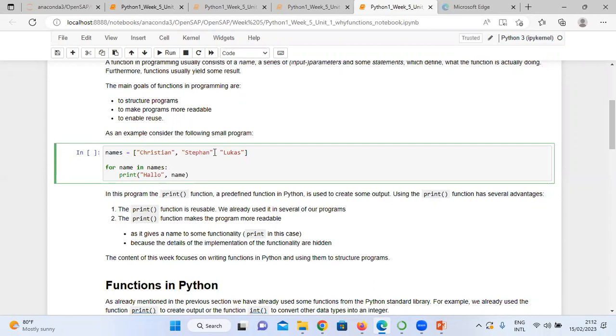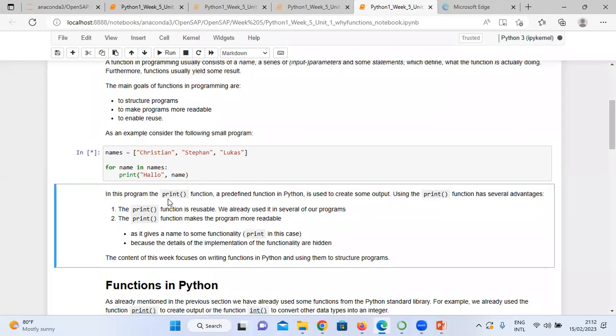We will be talking about lists, tuples, dictionaries, sets, and the rest. So if I say names equals, then I give it 3 names in a list, like Christian, Stefan, and Lucas. Then I say for name in names, print hello name. So if I run this code,